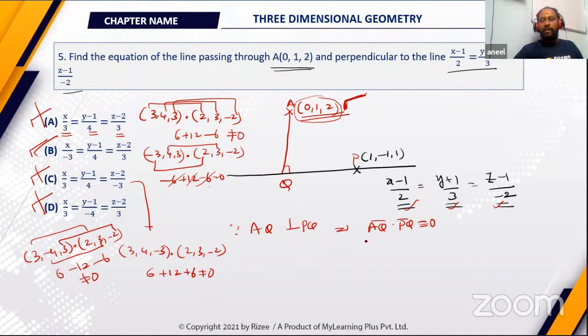So we checked the dot product for perpendicularity. In 2 dimensions, we call it the product of slopes being minus 1. In 3 dimensions, it is dot product 0. With dot product 0, we got just one option. Once we got one option, we understood that this second option satisfies the point as well as perpendicularity. So honestly speaking, after getting this satisfied, we need not go through the rest. We'll save time here itself. So we have to go for the next one.